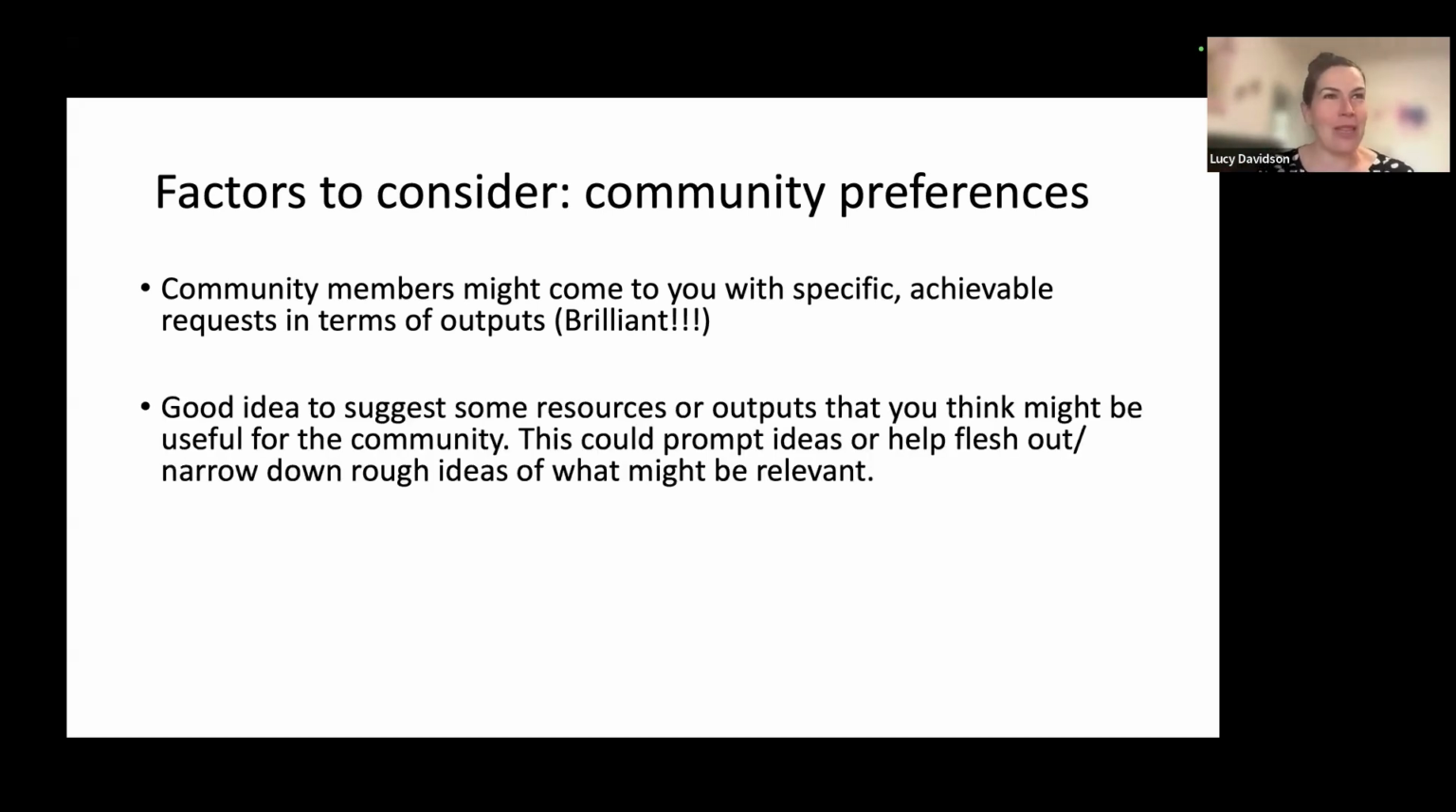That might not be the case. People might come to you with a sort of vague idea or a very broad idea that needs whittling down to something achievable, or just more defined. So it's a good